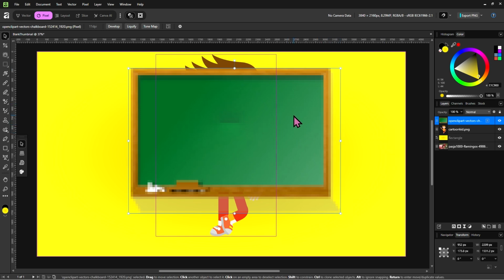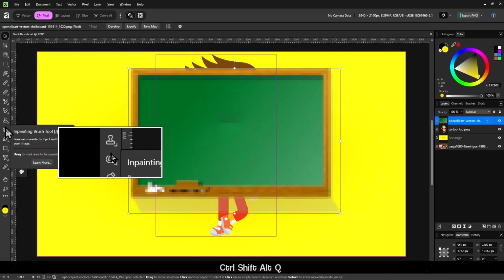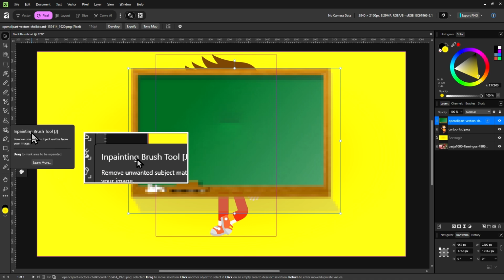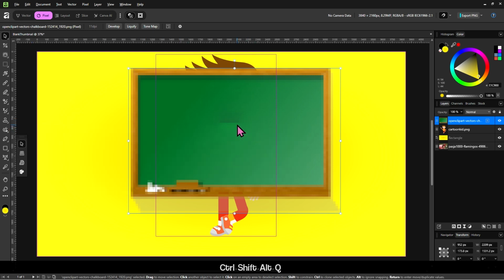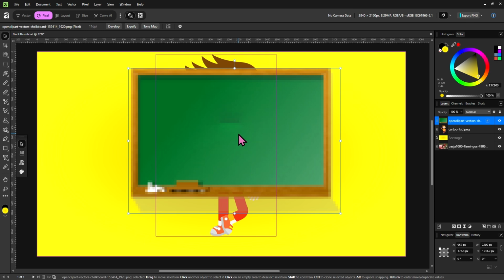See, out of nowhere, or so it seems, this image just suddenly became blocky or pixelated. This is quite normal. If you scale down an image and then do something to it, like with this inpainting brush tool, which is used for removing unwanted subject matter, by the way, then Affinity is going to rasterize that image.